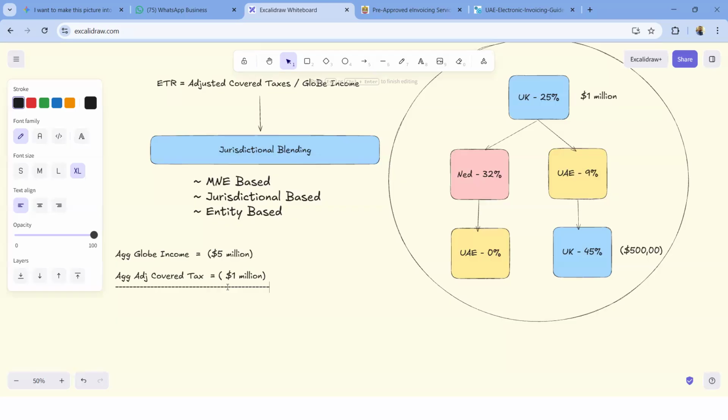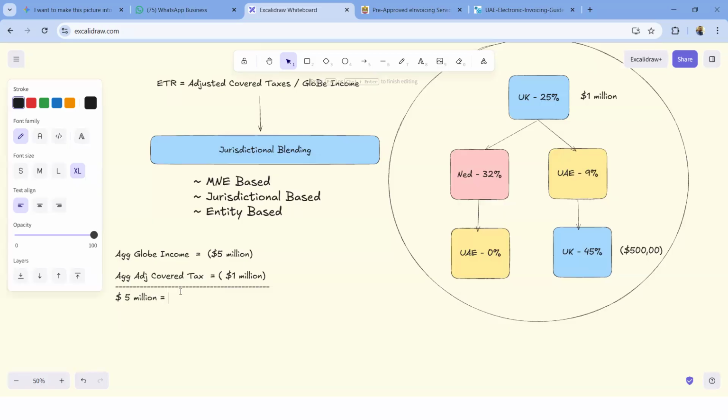This 1 million I'll carry forward as a DT advantage. Yes or no? I can carry forward. So your loss also should be commensurate with the adjusted covered taxes. You will carry forward 5 million, but this is actually the tax. So that means you have got a refund or some initial credits. In such a case, what they are saying is if you have an income of 5 million,